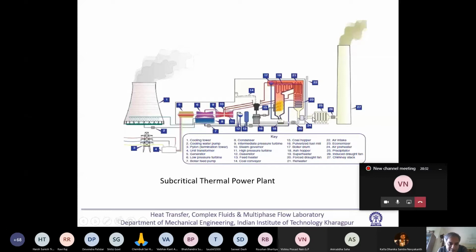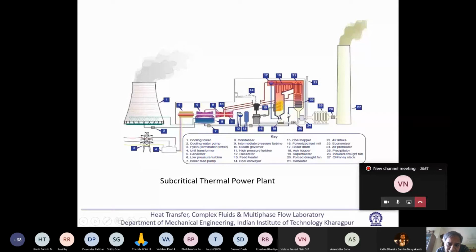Now let us see the water circuit. So this is your condenser. From the condenser, there is a pump. Through the pump, it is going to different feed heaters. Here you see there is 12, this is the deaerator. There is 13, 13 is a feed heater. So schematically, they have shown only two. From there,